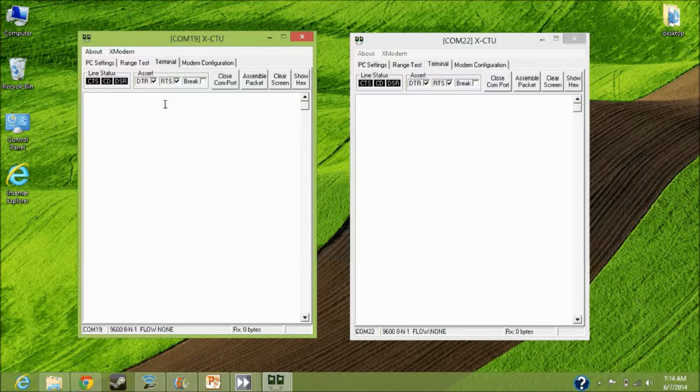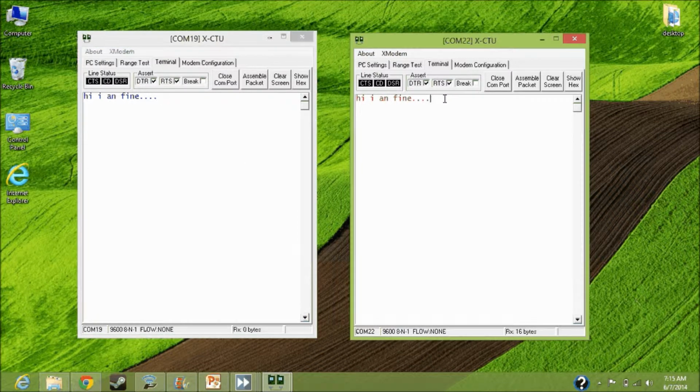So here this is the server. So I'm typing in the server. The things that I have typed in the server are replied back in the end user. That is, whatever I have typed here is written here. So that is the data that has been transmitted from server to end user. Similarly, if I am typing in the end user, I can get it back in the server. So the things which are transmitted from here are received here.